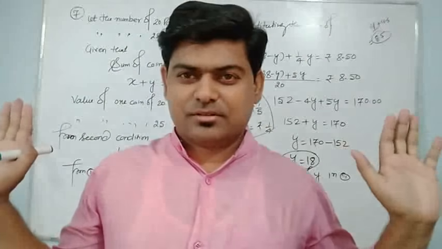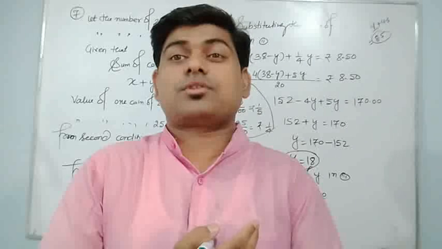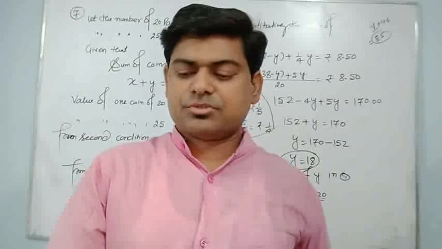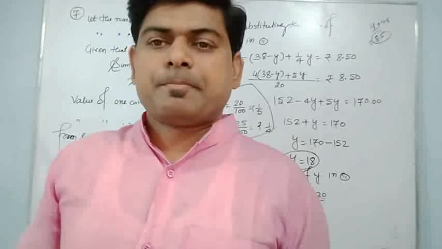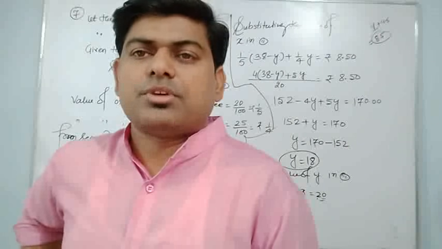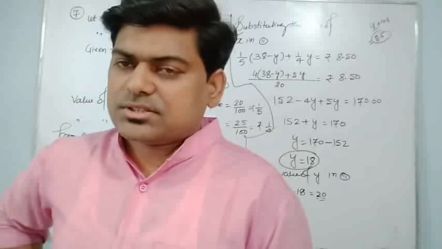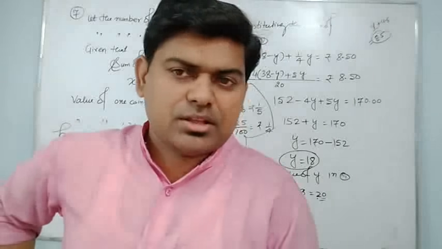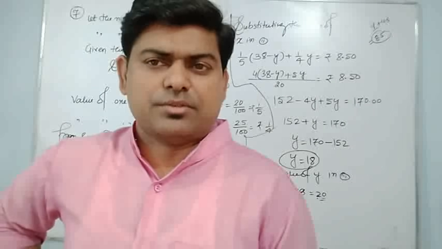Hope you have got everything. Again I am repeating myself, what we have done and what we have to do for the rest of the questions. We have to read the given question very carefully, and in each and every question we will find something we have to find. It's written in the question: find the value of this and this, find the number of this. All these things have been given there.